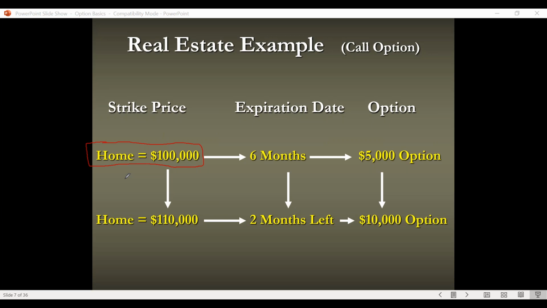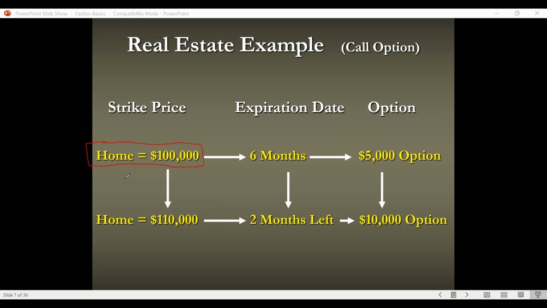And I approach you and say, I'm really interested in buying that house, and I'm really interested in that $100,000 price. However, I don't want to buy it right now. I want to buy it 6 months from now. So that would be out in September or something like that, or let's see, August, I think I'm doing my math right there. So I want to buy it out in August. And so I want you to take the house off the market and agree to sell it to me for $100,000.